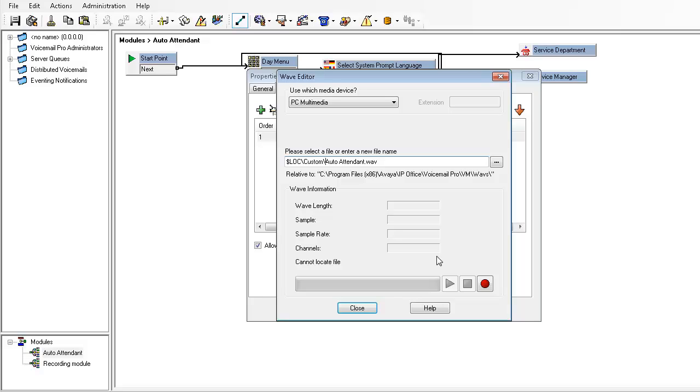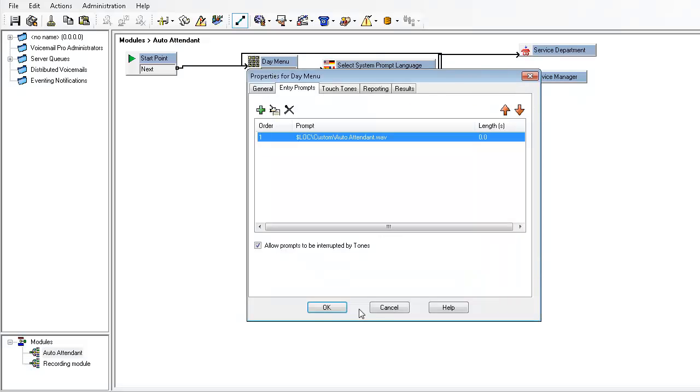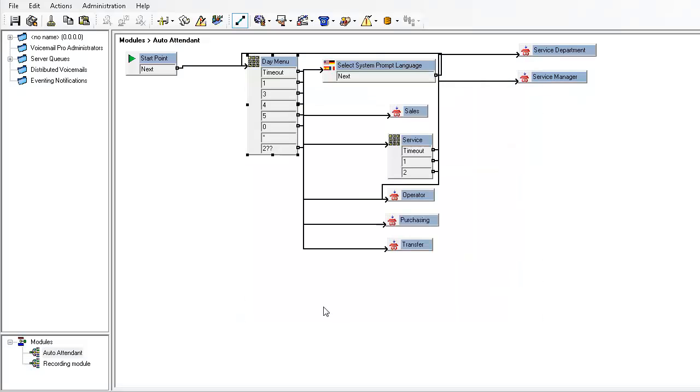So again, the greeting has to be recorded and placed in the custom folder of each language. Remember, this also allows the system prompts to be played in the language that is chosen. And the $LOC is basically a variable that is replaced with the language that the user selected. So I'll click on Close and then click on OK.